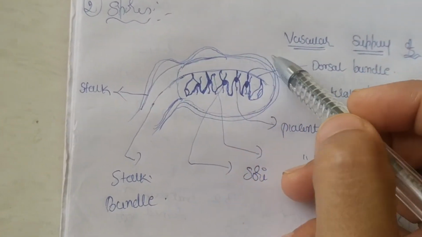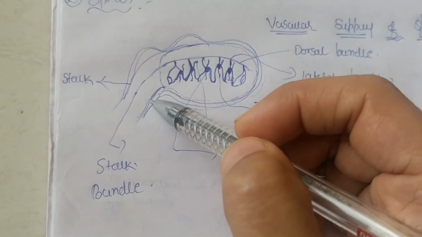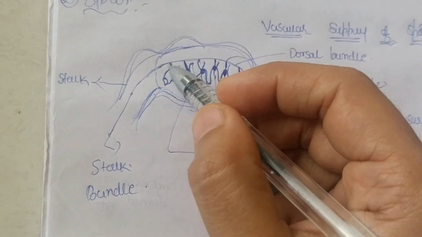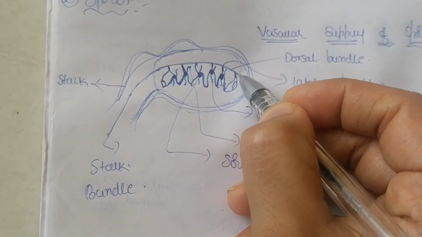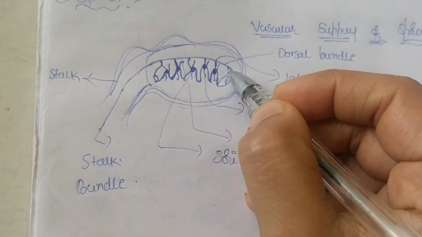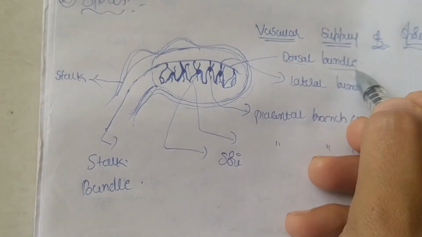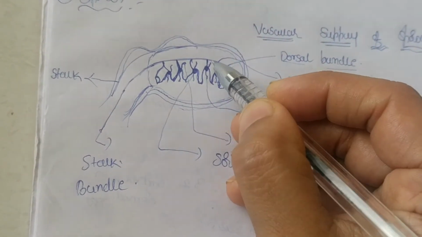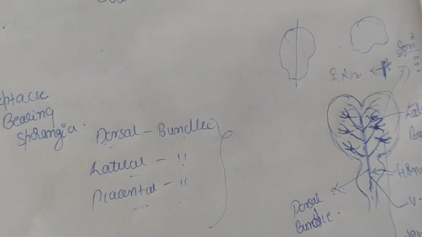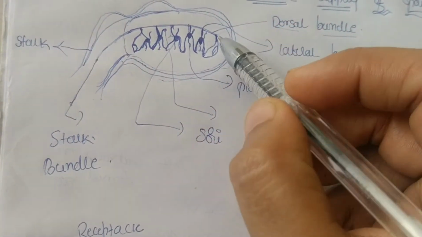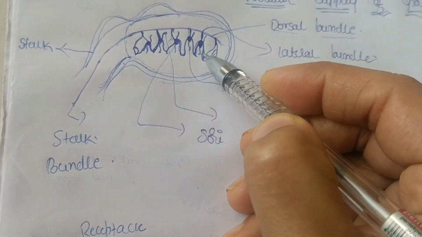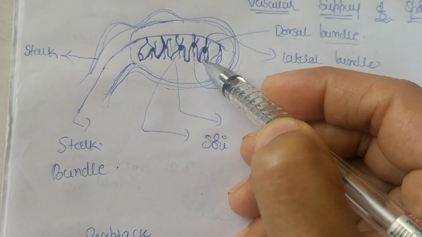So we have this body of the sporocarp, followed by the stalk. The vascular bundle is going to enter through this horn and run along the dorsal side, called the midrib. This midrib has another name, the dorsal bundle. This is going to divide laterally. This is only one view. This is the opened view. It is going to divide laterally. These are called lateral bundles. These lateral bundles further divide and form a fork-like structure. You can make it out here.